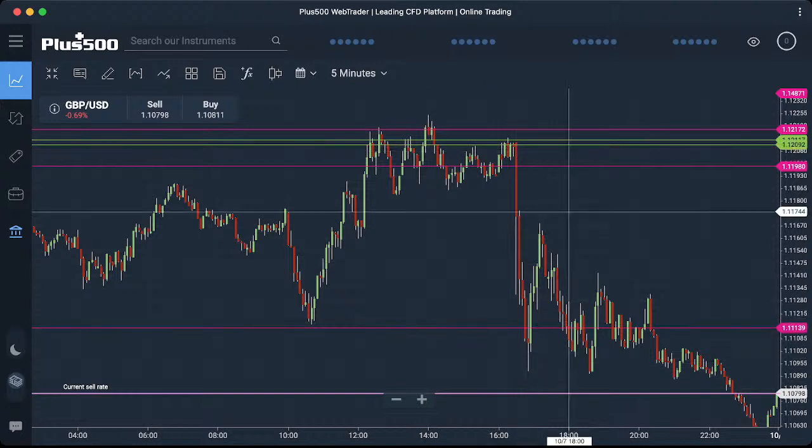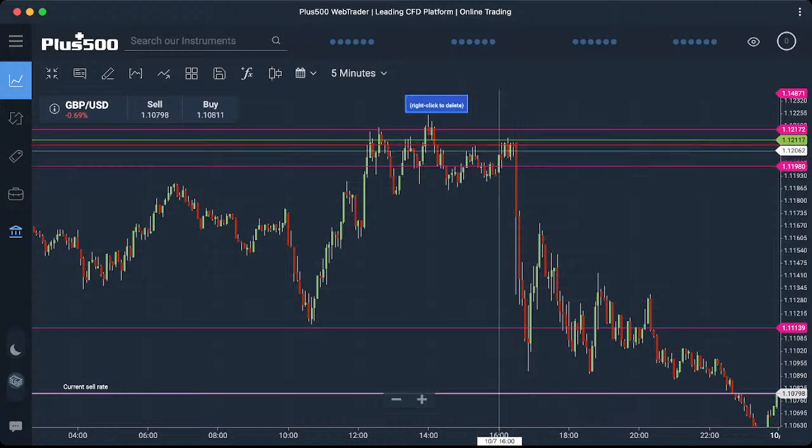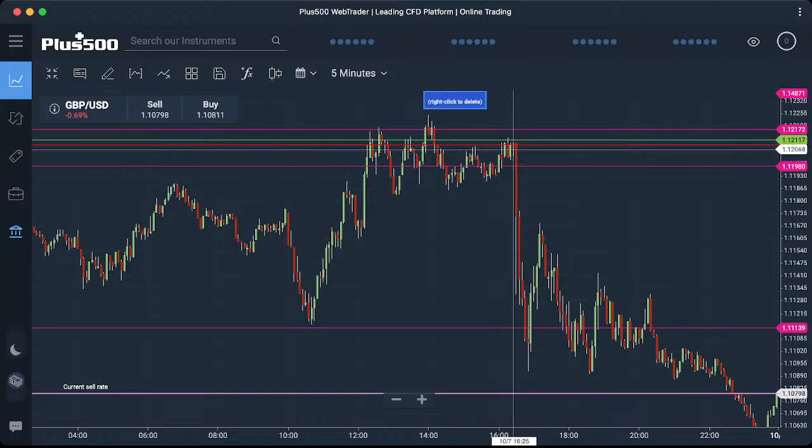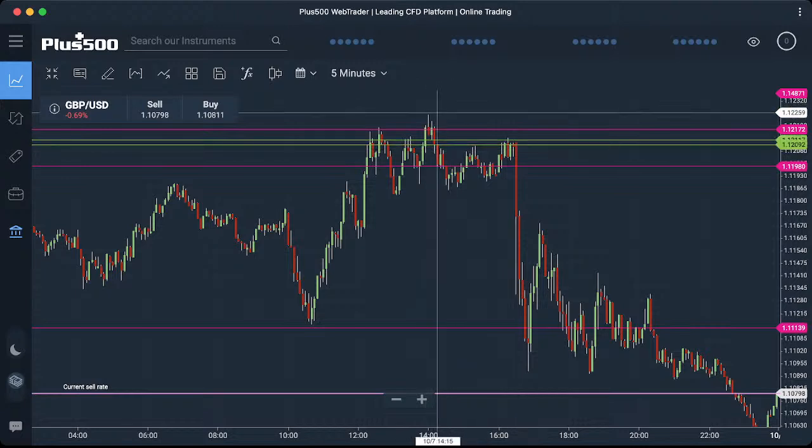So you could easily put your entry level here at 1.12050 and keep the stop loss above this high, which is around 1.12250. So around 20 pips stop loss could protect you from taking this perfect sell setup to the downside, and